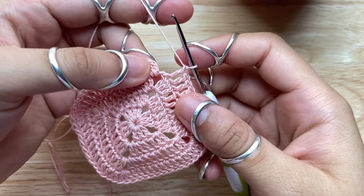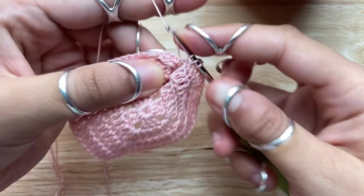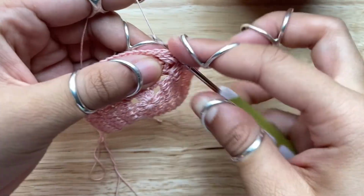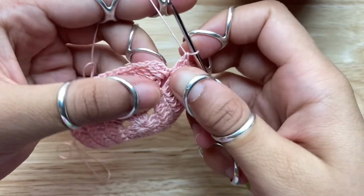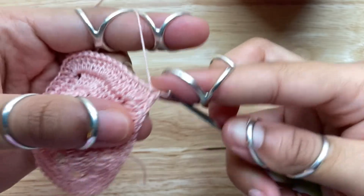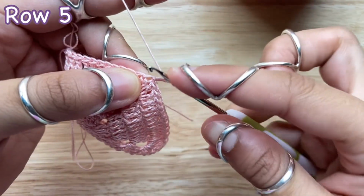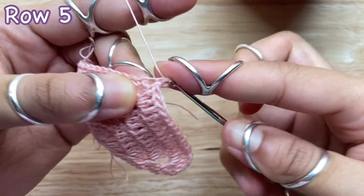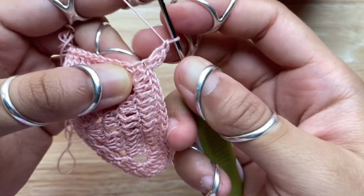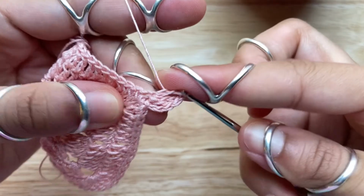Here we are at the final corner of row 4. We are just going to do 2 double crochet, and slip stitch into the first double crochet. Now this is where the pattern gets fun. Chain 2 and do 2 double crochet into that space, chain 1, do 2 more double crochet into that space,